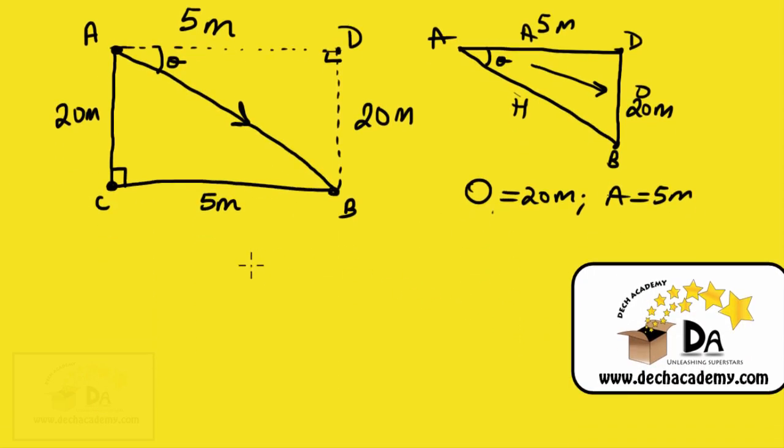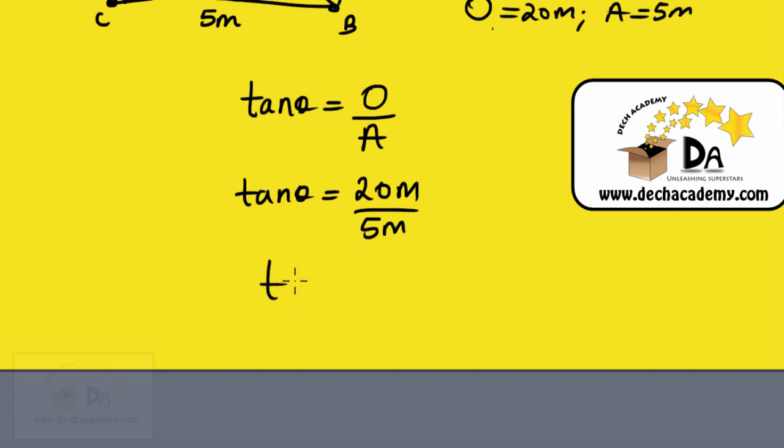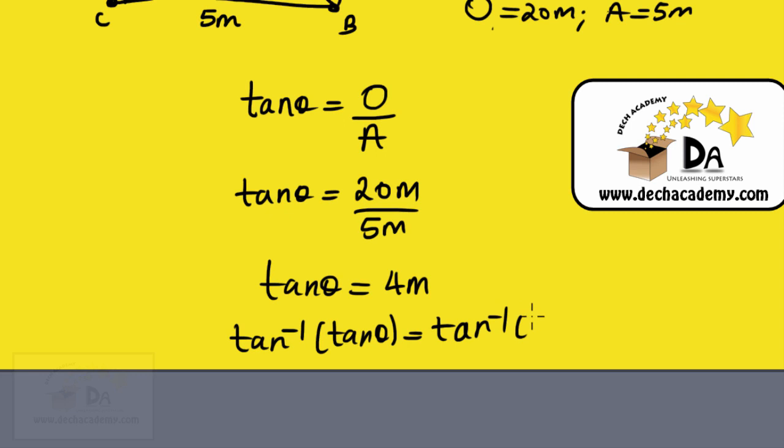So from SOHCAHTOA, we know that the tangent of theta is equal to the length of the opposite side divided by the length of the adjacent side. So the tangent of theta is simply equal to 20 meters divided by 5 meters, which means that tangent of theta is equal to 4. Taking the inverse tangent of both sides gives this. So I'm just going to ignore the meters, and this results in theta being equal to the inverse tangent of 4, which from your calculator you determine that theta is equal to